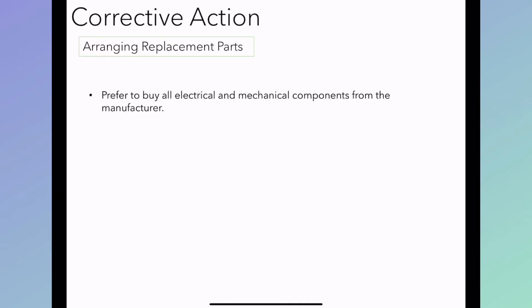So when we have decided to replace certain faulty components, we should prefer buying those from the manufacturer, because they have all the perfect electrical and mechanical components for our certain product or the equipment that we are handling. And in case we want to save time and money, and the component that we have to replace is a standard one which can be found